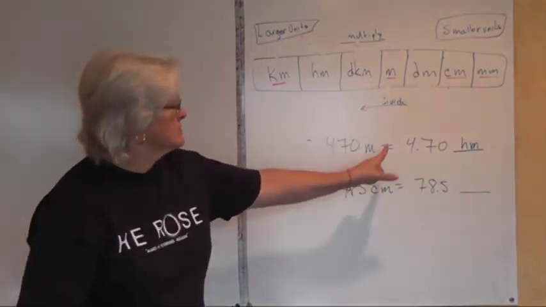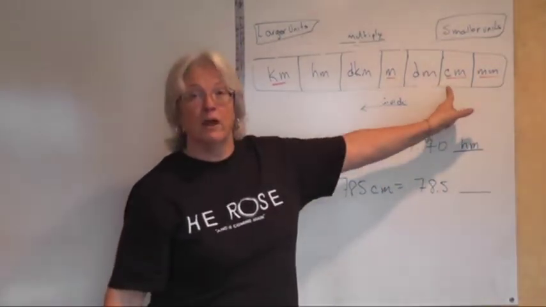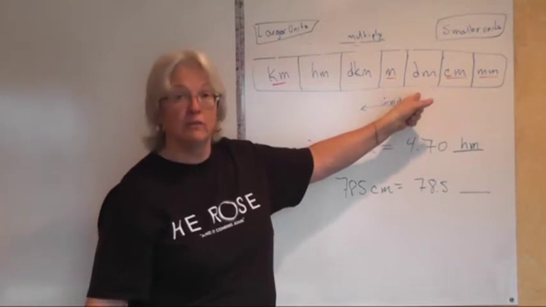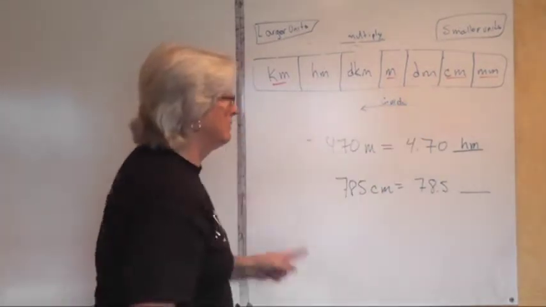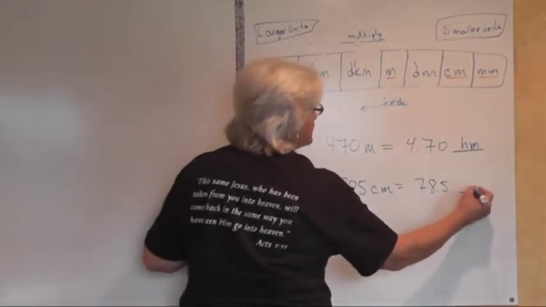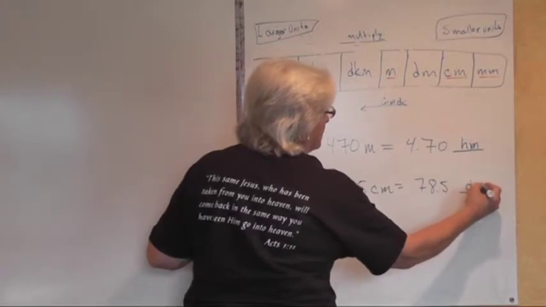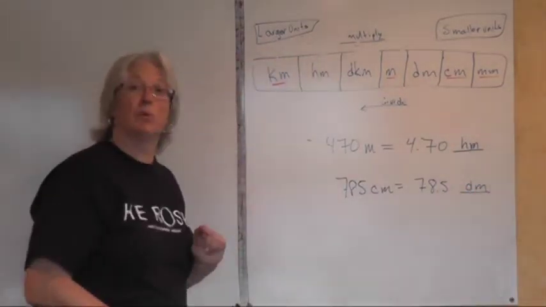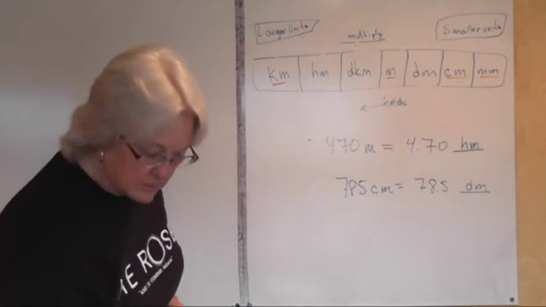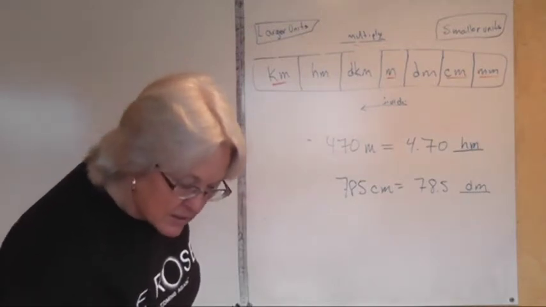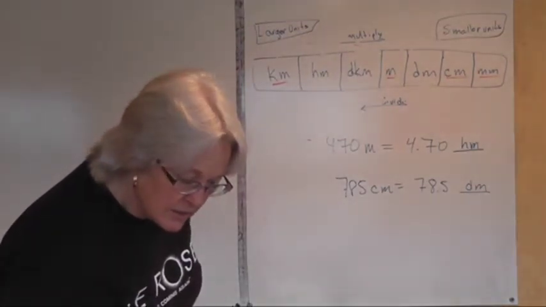We're at centimeters. What unit do you have when you move 1 space to the left? Yeah, you have decimeter, not decameter, decimeter. So you have 78.5 decimeters. The last one that I want to do is